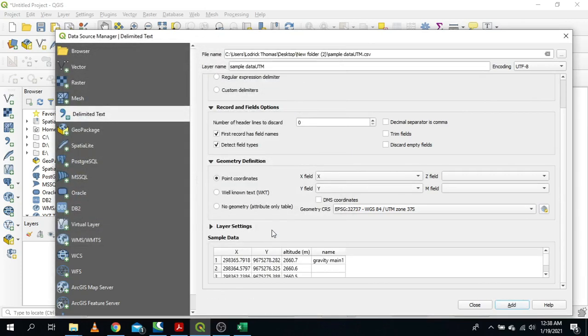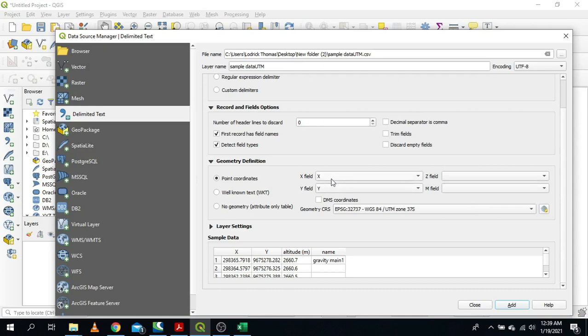Now the most important thing from here is that, as you can see, your X field is X and Y field is Y. It depends on how you label them. The good thing about QGIS is that it's going to detect your data and put them in the required field.